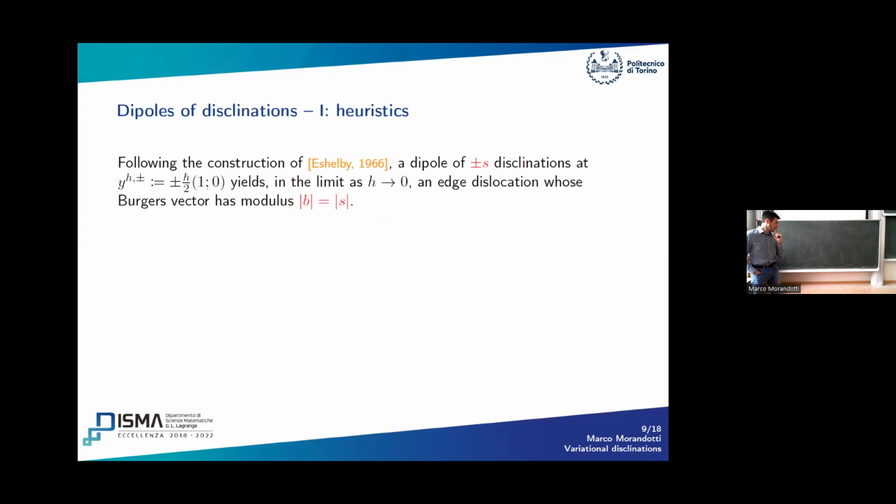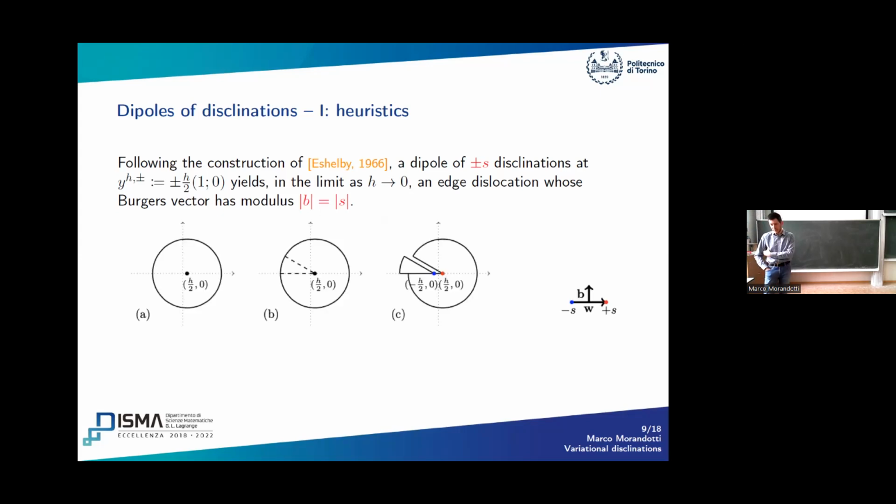So sorry, whose Burgers modulus, which is the modulus of the Burgers vector, is precisely the Frank angle. And the idea is like this: you take your pie or pizza or disk, whatever, and then you place these two defects h far apart in this fashion. Then you make these two cuts, and then you slide the slice a little bit off to the left. And then when you're in this configuration, you glue the two things together.